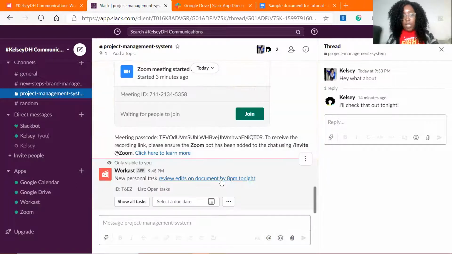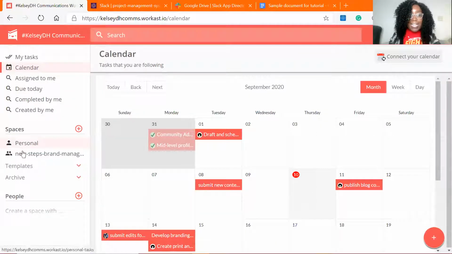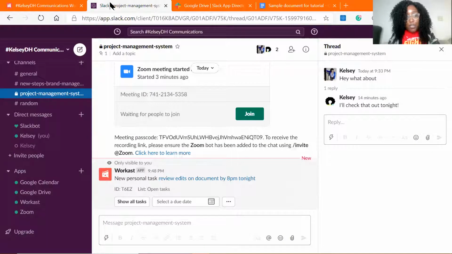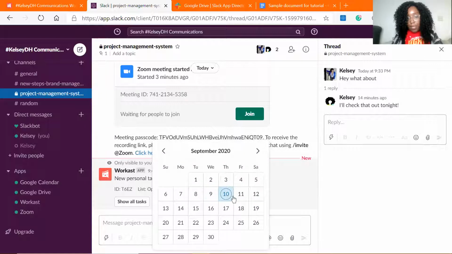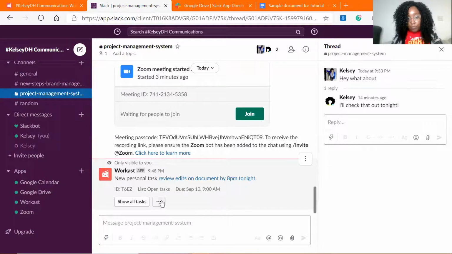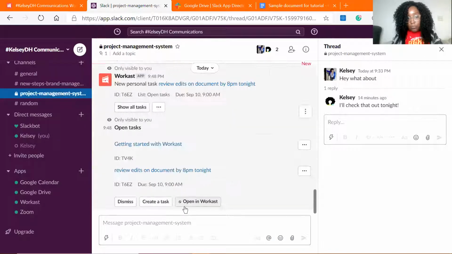New message. Look, I have a new task without having to come over here and add a task. So I'm able to add things to my to-do list. If I wanted to see my calendar,